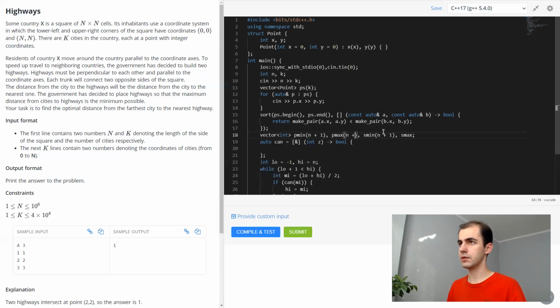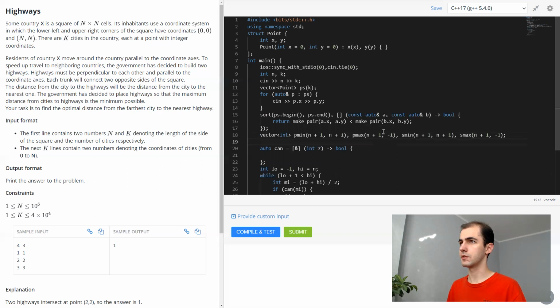From the implementation point of view, it will be simpler if we slide an extra value in everywhere. Oh, I should use this because otherwise... No, for prefix maximums I should use -1 to signify that there are no points there.